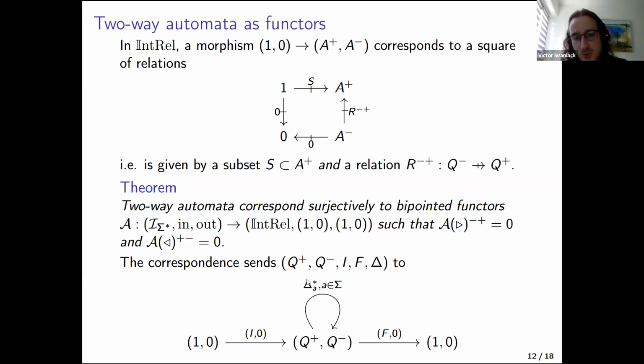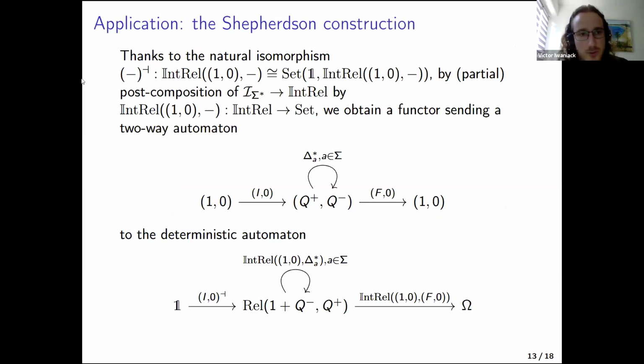It's because you have to saturate your delta star of A. You cannot just take delta A, it won't work. So it works, but it's not perfect. An application of this representation is a way to go from the two-way world to the one-way world, because